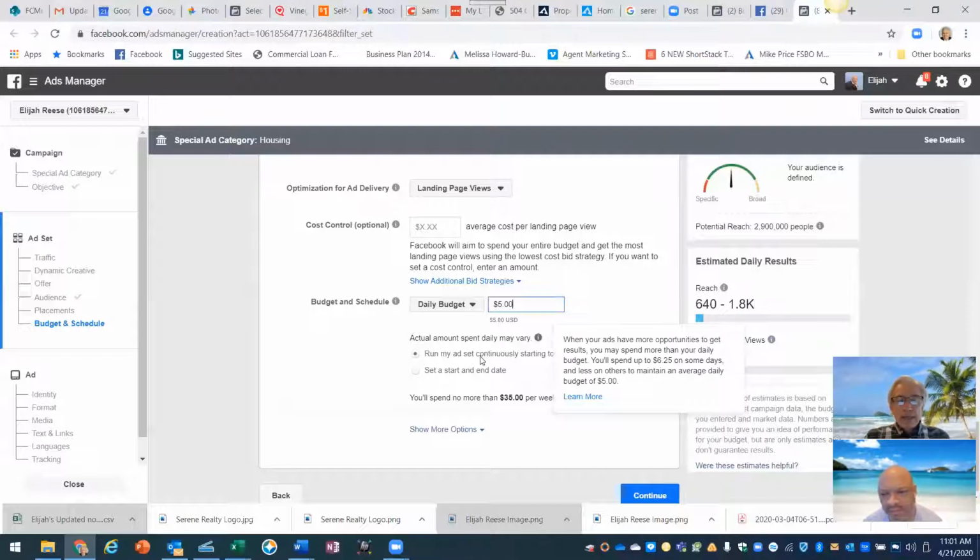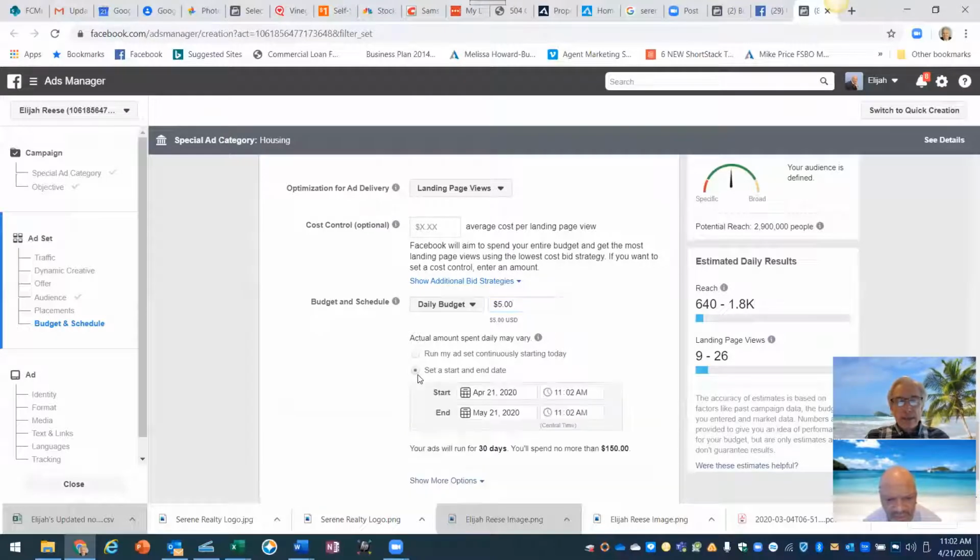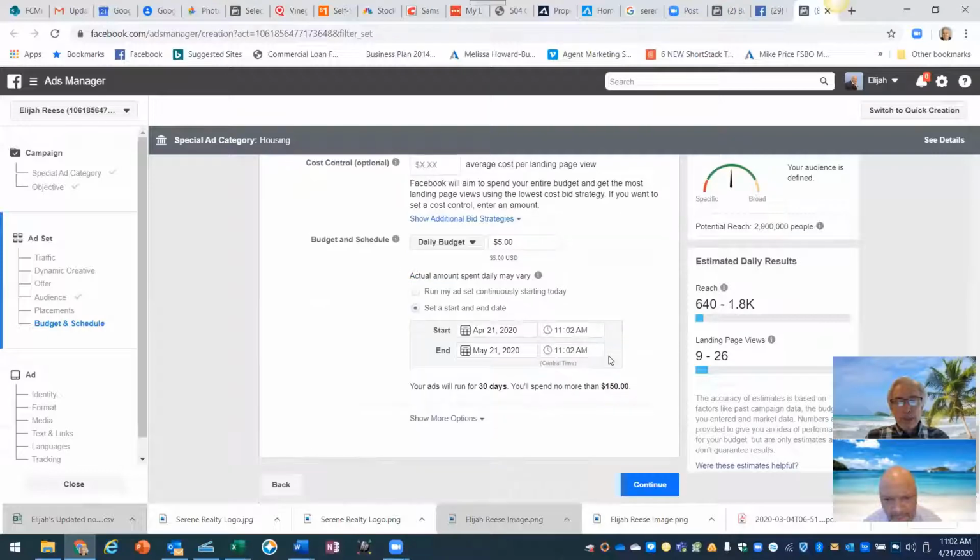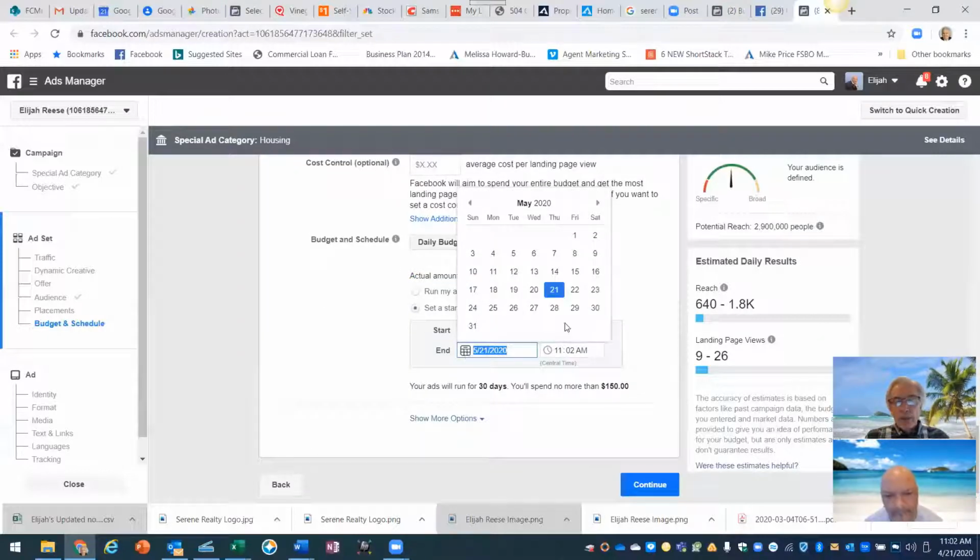Exactly. The second thing is do not run your ad continuously. Set a start and an end date. So click that. Okay. A calendar opens up. It says it's going to start today. And how long do you want to run it? For a week? 10 days? Run it to the end of the month. Okay. So we'll run it through